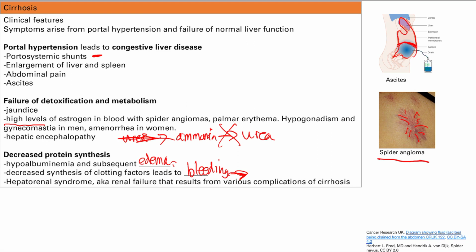Other things that can cause this include ascites. All this ascites fluid is fluid that's not going to the kidneys, so that can cause hepatorenal syndrome. And the other thing that causes it is the treatment of hepatic encephalopathy, which I'm going to talk about in a second. The way you treat this is with a laxative. It's going to make you poop, and a lot of fluid is going to go to your colon, so you're going to lose fluid there. So all of that is going to cause hepatorenal syndrome, basically acute renal failure due to poor blood flow to the kidneys, and this is all arising from complications of cirrhosis.